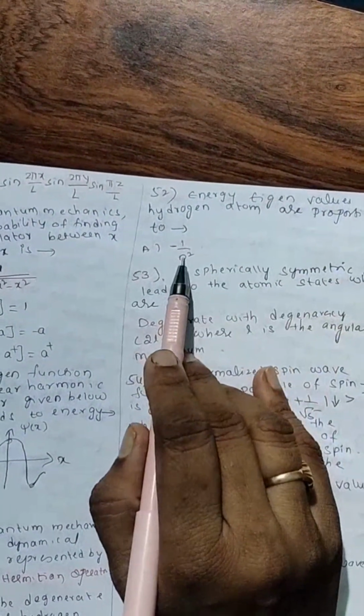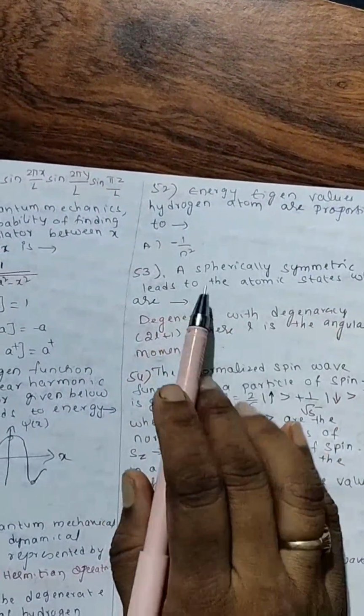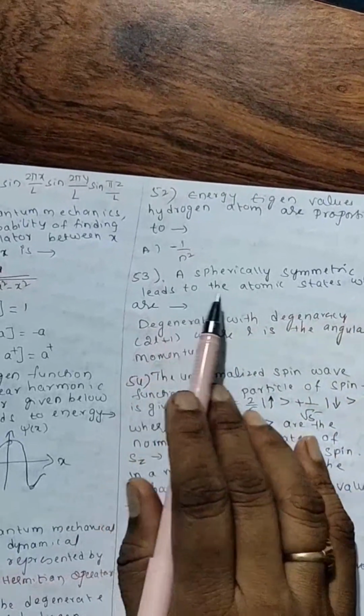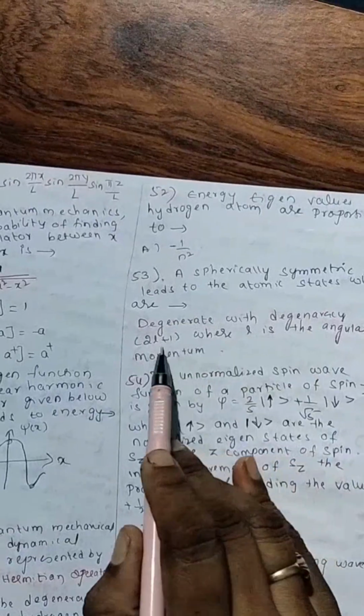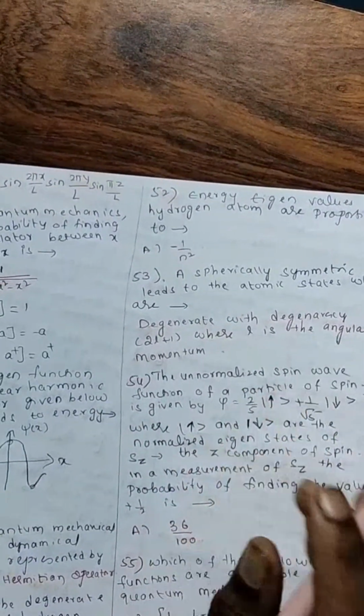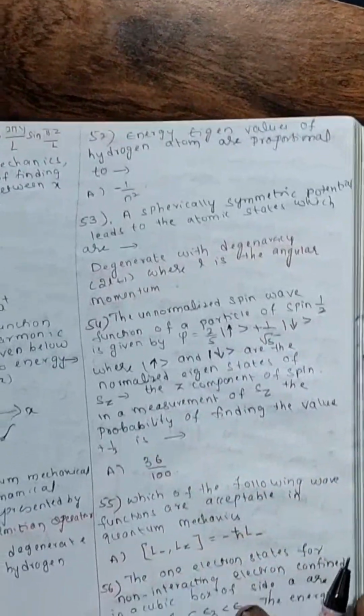The energy eigenvalues of hydrogen atom are proportional to minus 1 by n square. A spherically symmetrical potential leads to atomic states which are degenerate with a degeneracy 2L plus 1, where L is the angular momentum. Now next,